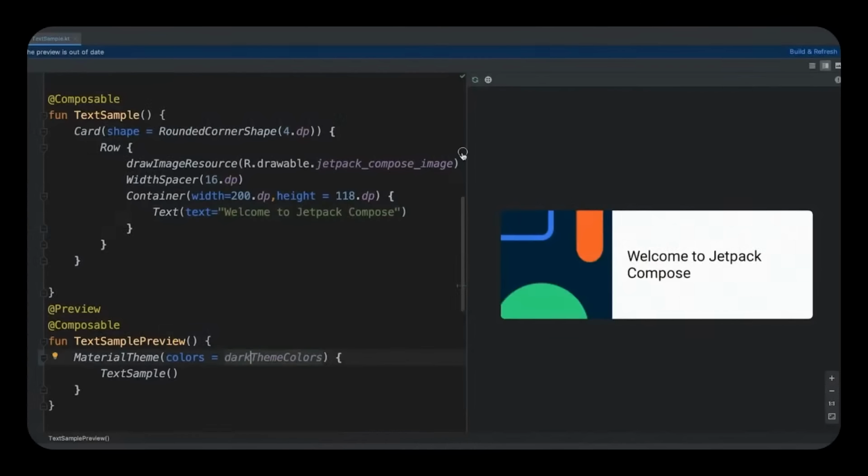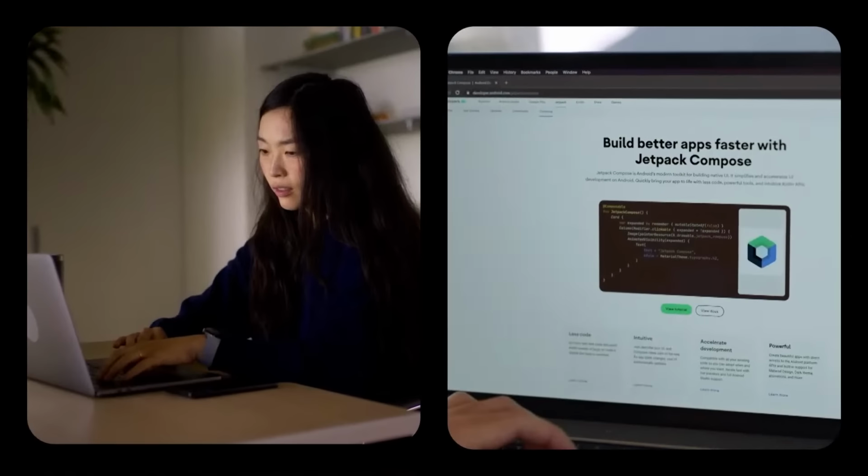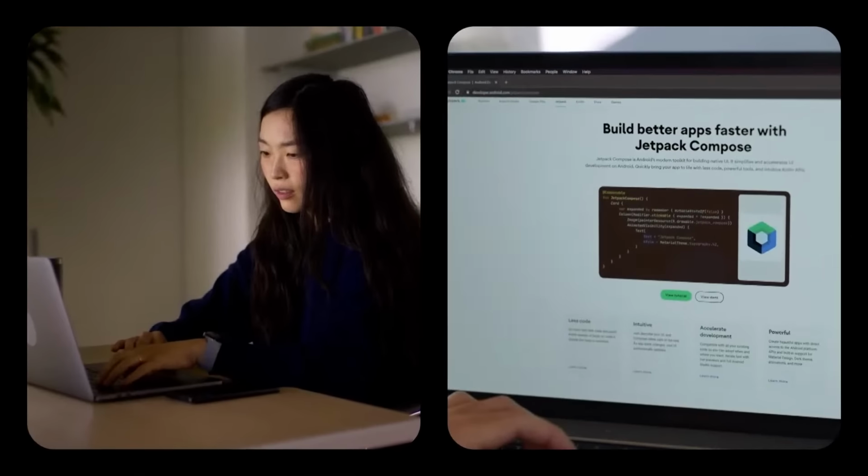Looking back through all this history is a remarkable reminder of what we have achieved together. To everyone who filed a bug report, wrote a library, wrote a blog post, you built this too. Whether you've been there from the start or you haven't tried it yet, now is the best time ever to build with Compose. Happy birthday, Compose!